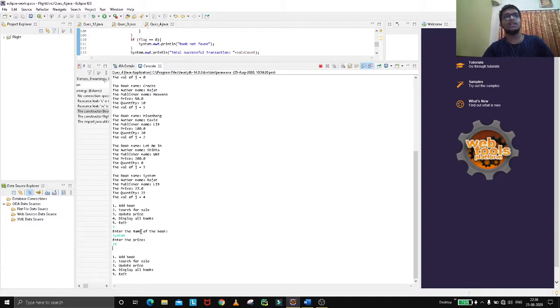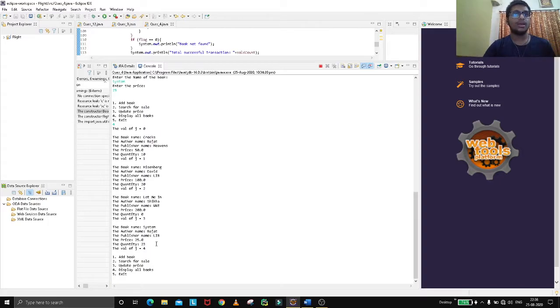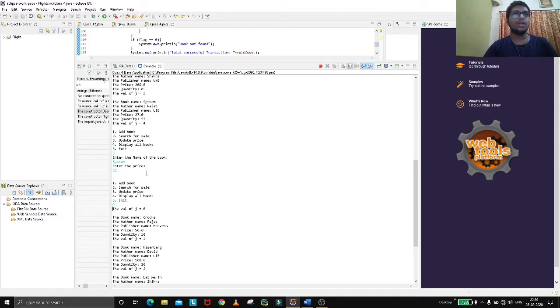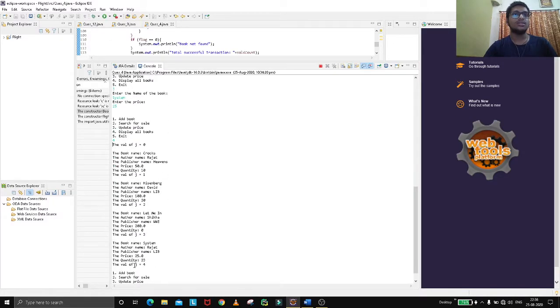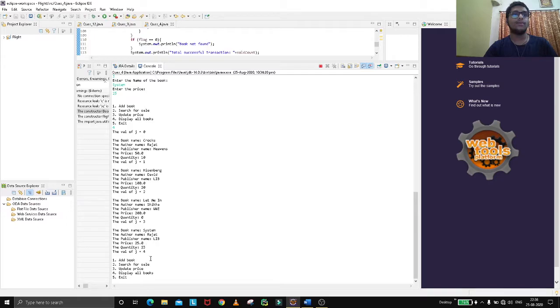So basically the update function is for the price. If any price changes, because sales will come, the price will be fluctuating. So if we now give 4, we can see my price has changed to 25. Before it was 27, now my price is 25.